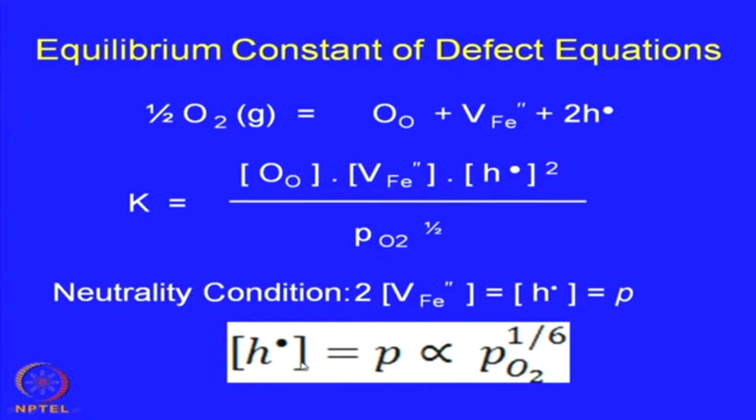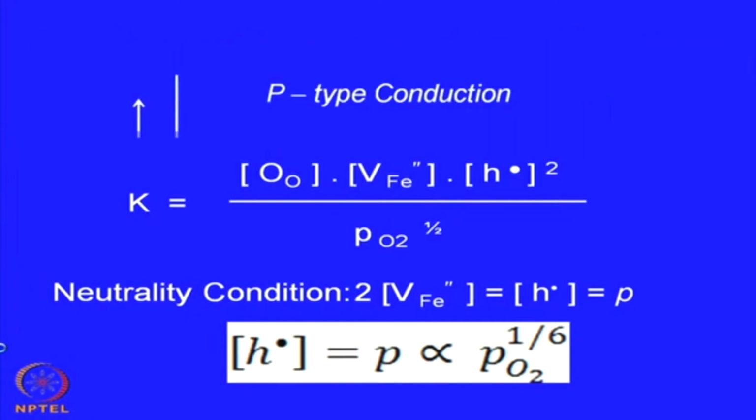okay, the concentration of the holes and also the concentration of this vacancy, because this is related by this: the number of holes is equal to twice the number of iron vacancy. So, both the number of holes as well as the iron vacancy are proportional to PO2 to the power 1/6. So, the higher the PO2, the higher will be the concentration, and that can be shown here